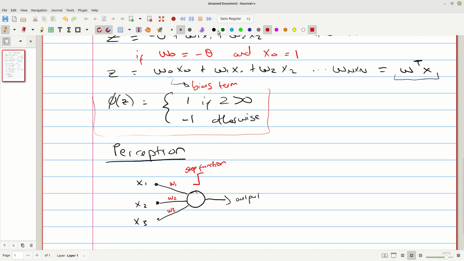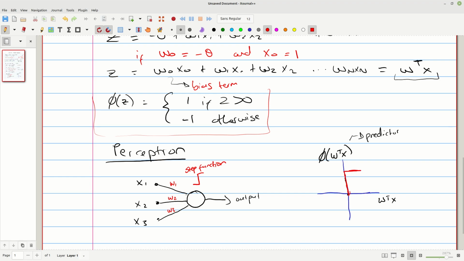Because if we actually plot it, let me plot it here, right? What we actually have is something like this. Let's say this is w transpose x, right? And then this is phi of w transpose x, which is essentially our, again, prediction. What we're saying is, let me use a different color here.